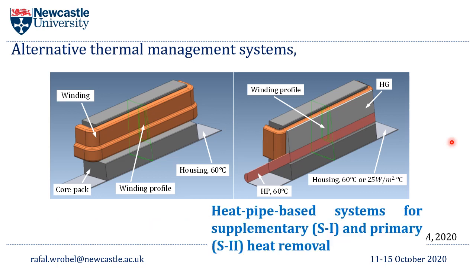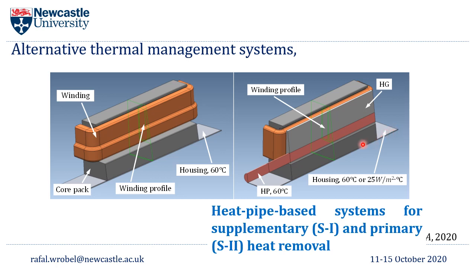The two alternatives here that are heat pipe based systems rely on the heat guide, heat pipe, heat guide sub-assembly, where the pink rod here represents the heat pipe and the gray triangular shape represents the heat guide. So the supplementary system S1